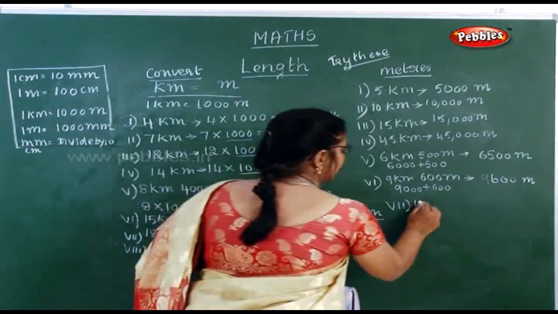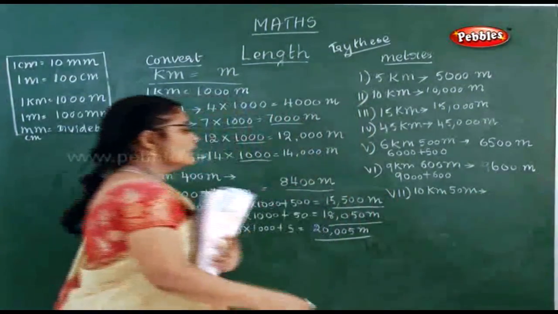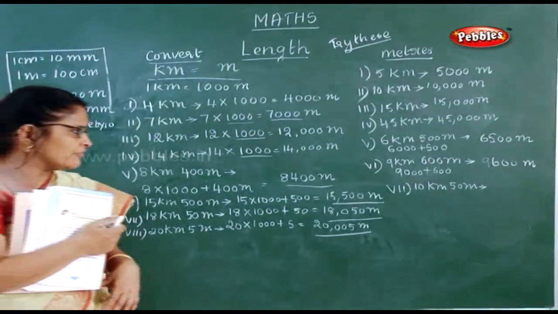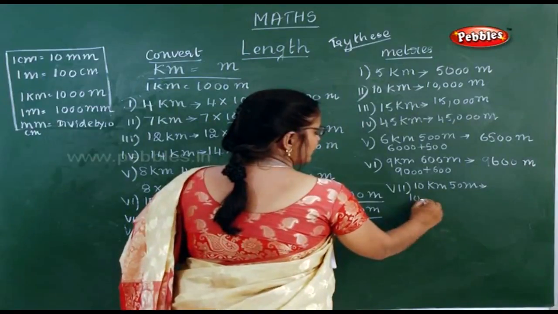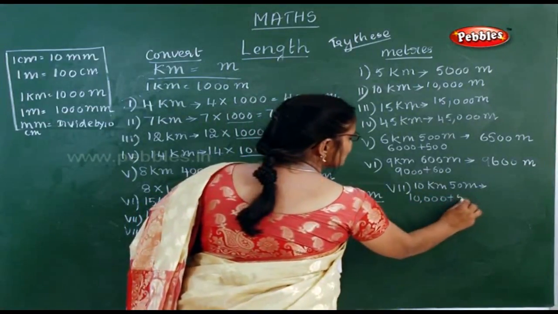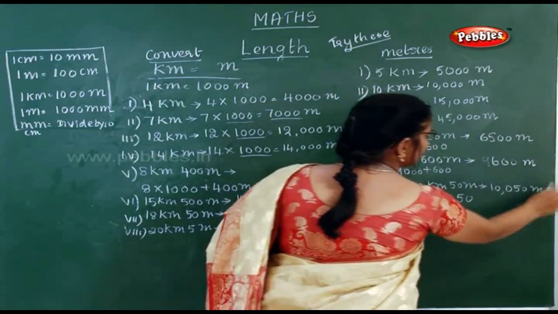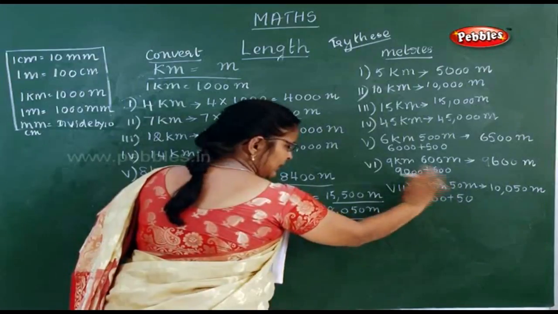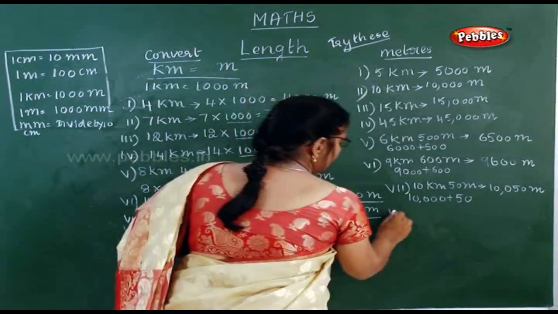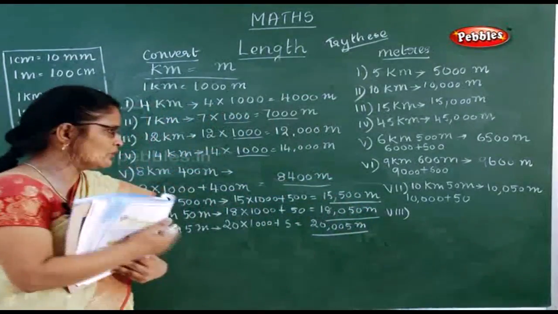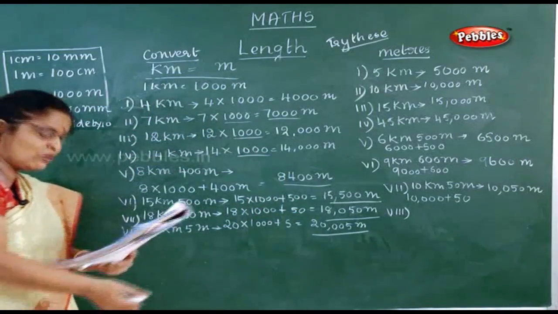It is 10 kilometer and 50 meter. Very good. How will you do 10 kilometer, 50 meter? Same way, converting kilometer. 10 times 1000 is 10,000. What is 10,000 plus 50? You will have 10,050 meter. Just the kilometer alone you are going to convert. You don't convert this meter. This you have to add with this. That's all. Is it clear now? Don't change anything here. Just convert this kilometer into meter.